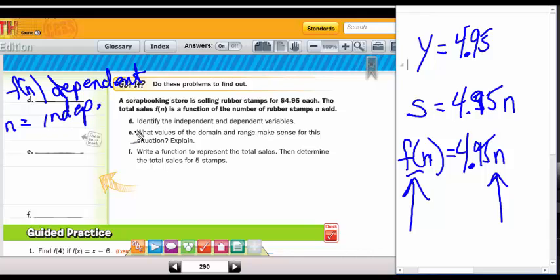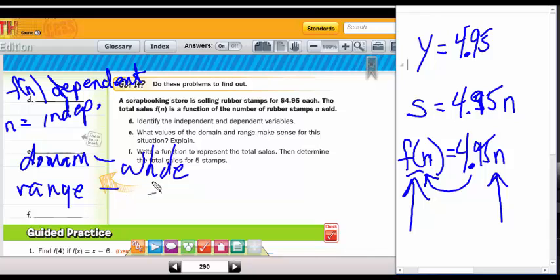Now it asks you, what values of the domain and range make sense for this situation? Well, we are always going to have an output in multiples of $4.95. We can't make $5. We can't make $7. We're not going to make even numbers of dollars. So first of all, for the domain, which is our input, the thing that makes sense is whole numbers. We can't sell half a stamp. And for the range, we would say that the only values that make sense would be multiples of